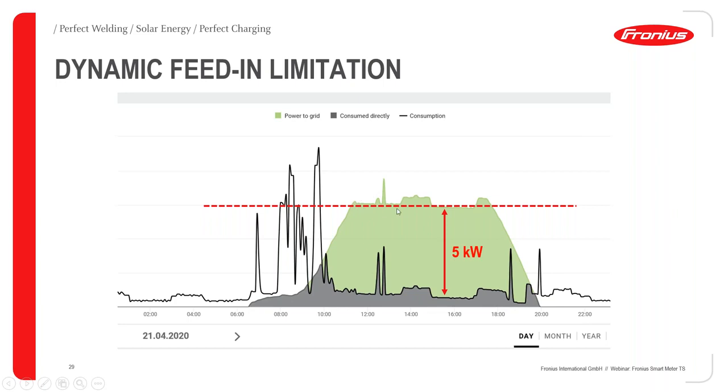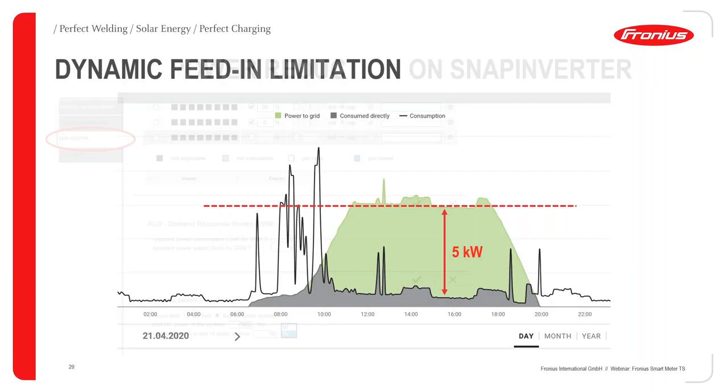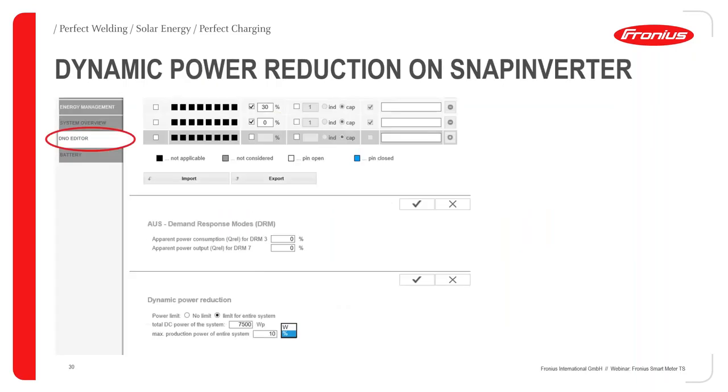the produced energy above that. So in this case, or in such countries, it's of course very beneficial to do a high own consumption before the energy is cut off. So, this dynamic feed-in limitation is actually possible with Fronius, of course, and I want to show you now how to set it. So the first thing we want to take a look at is how we do it